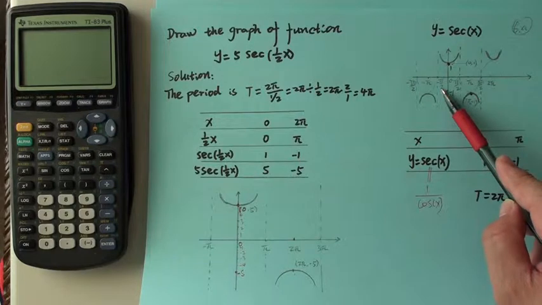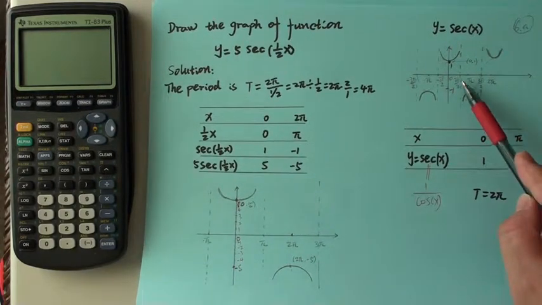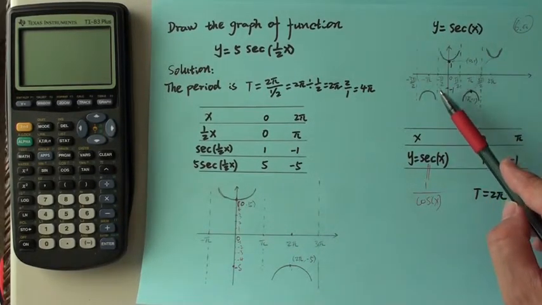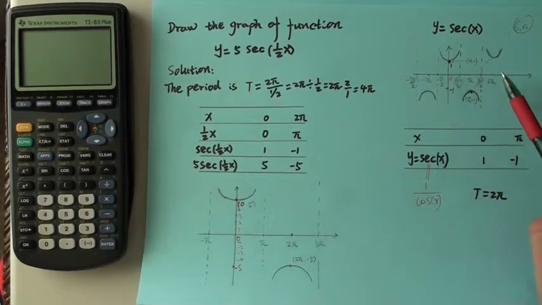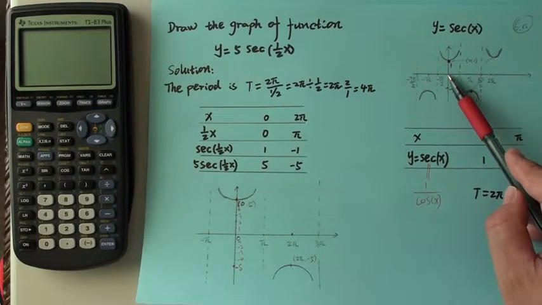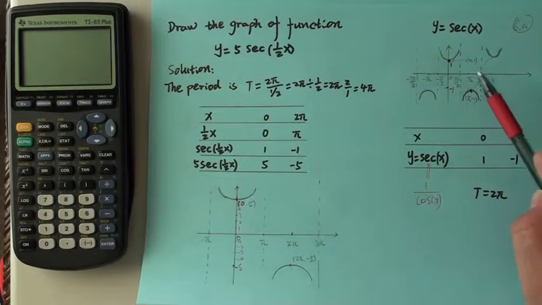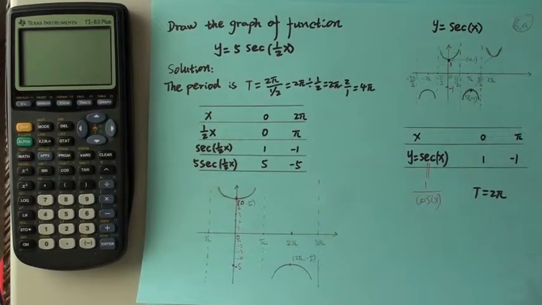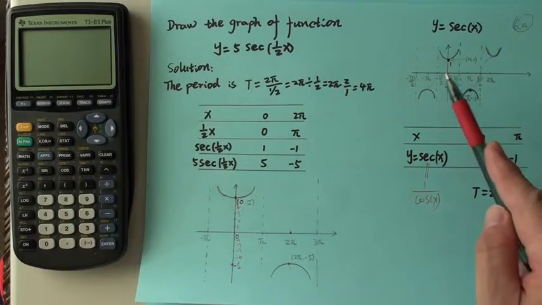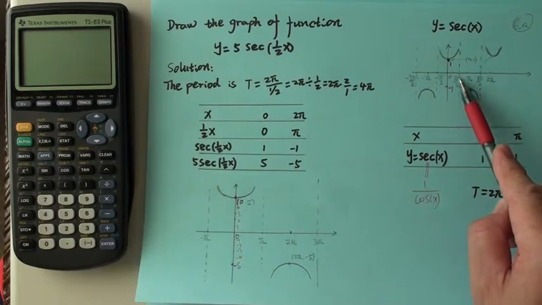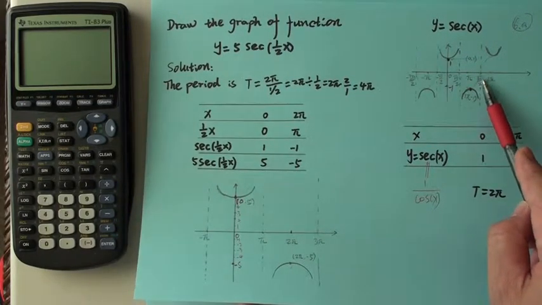It's negative pi over 2 for this one, and then for this one is pi over 2, and then 3 pi over 2. Those 1, 2, 3. The one period is 2 pi. This is for secant x from here to here. Now, if you look at all those three places, negative pi over 2, positive pi over 2, 3 pi over